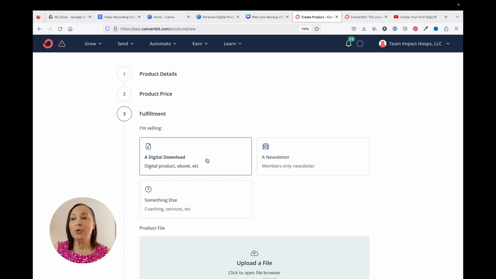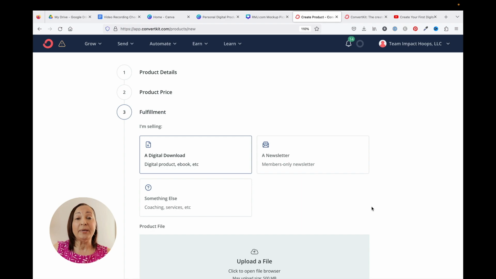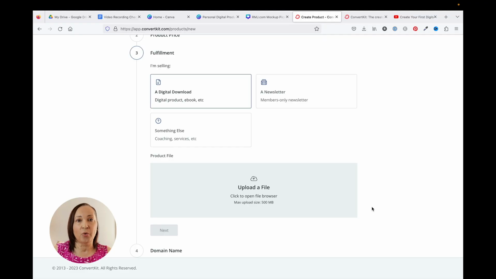The next thing it's going to ask you to do is to upload a copy of the product file. So again, if you were selling a digital product, you would just simply upload the PDF. If you are selling a podcast, a video, masterclass, etc., then you're going to use the document that we created with the download link, and that's what you're going to upload here.